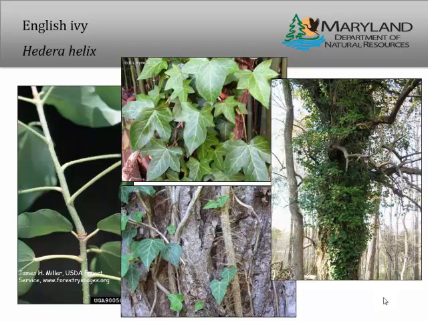And something really important to point out about this one, the picture on the far side of the slide there, you can see that it's starting to kind of branch out from the tree. And that's its mature phase. That's when it's going to start creating berries. So if you can get these vines before they get to that phase, you're going to be much better off at controlling them and controlling their spread.